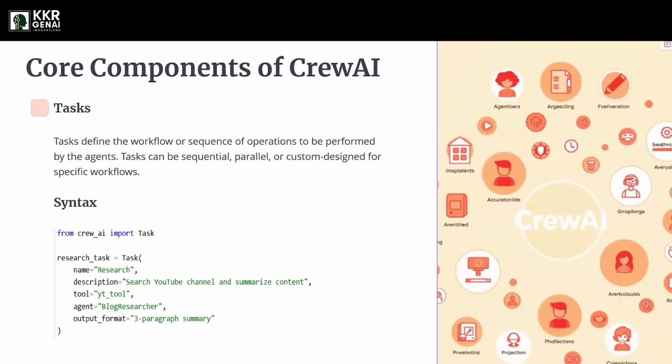The 10 people are the agents, the monitors and subscriptions like Microsoft 365 that are given by the company are the tools for them, and the projects they are doing are the tasks for them. This is the simple way to define the core components: agents, tools, and tasks.